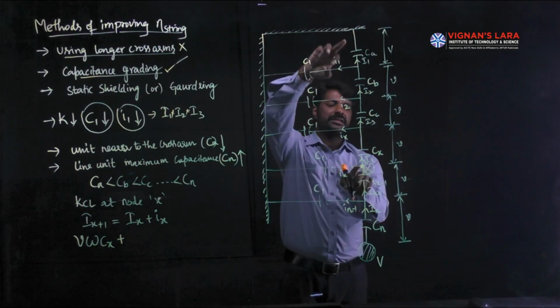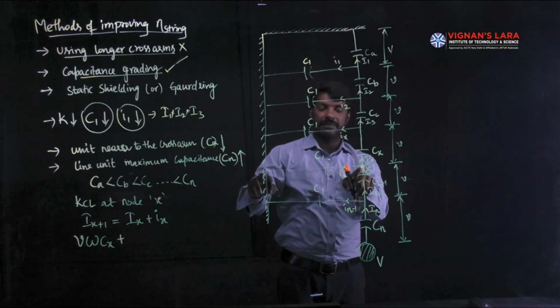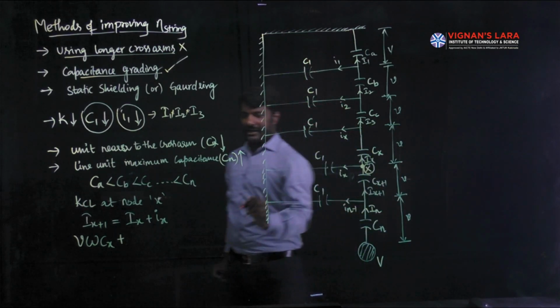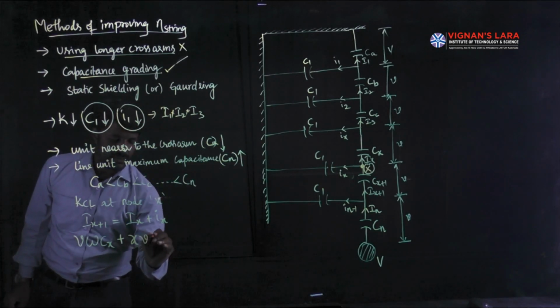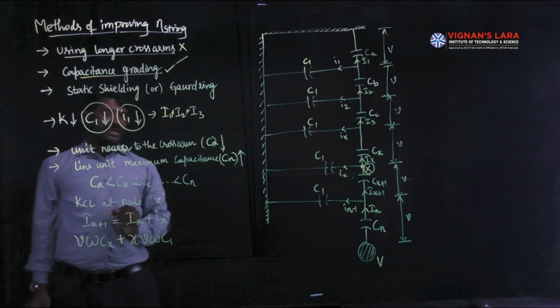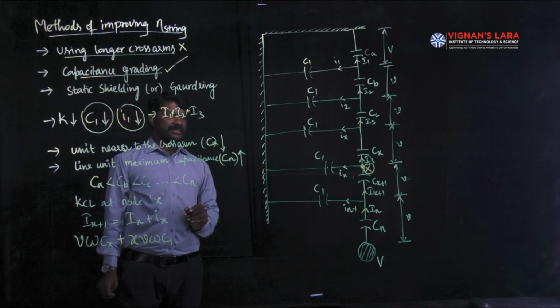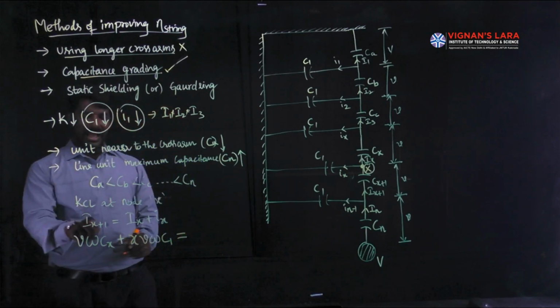Then the voltage between this node and the ground is xV. The same voltage is applicable here also. So small ix can be written as xV omega C1, where C1 is the shunt branch capacitance that existed between the link points and the ground,